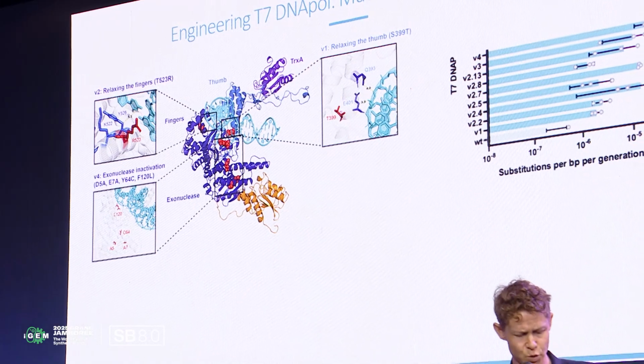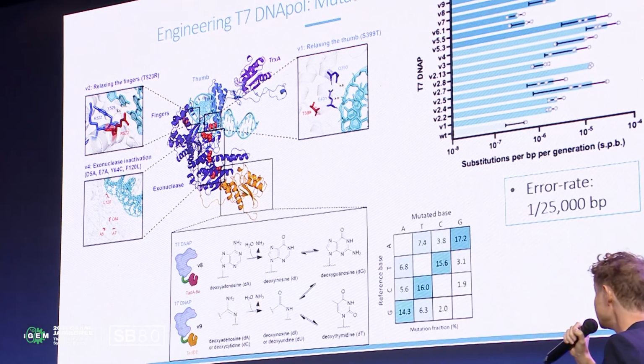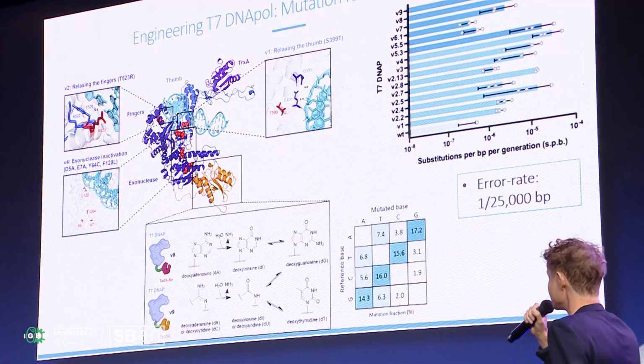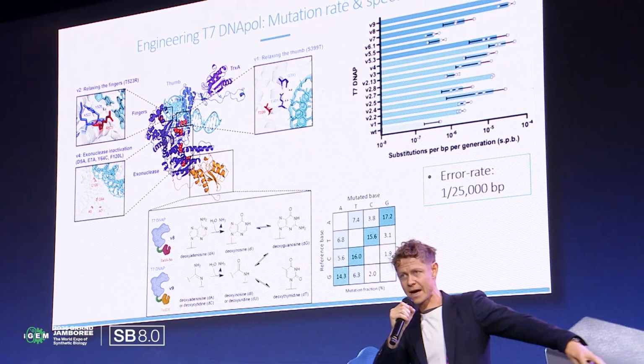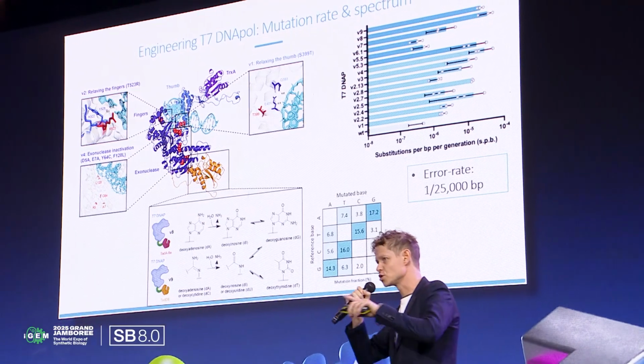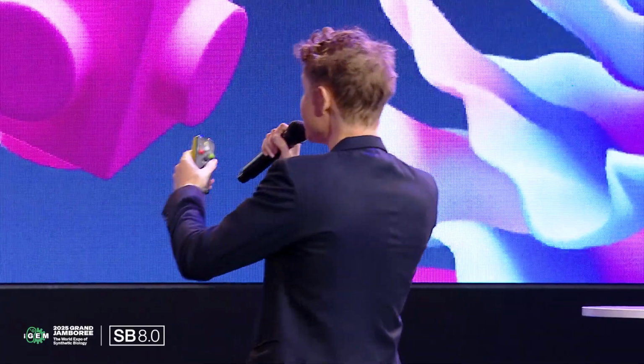And then we tried to boost it a little further by adding a deaminase structure to the end of the polymerase. So the polymerase is tagging along and making its usual errors. And then behind it is hanging a deaminase that pokes into the DNA and makes further modifications to it. And when we combine all this, we're getting to versions 8 and 9 here that can give us an error rate of about 1 in 25,000, and at the same time creating a pretty equal mutation spectrum with a deaminase that is turning both A and C into G and T.